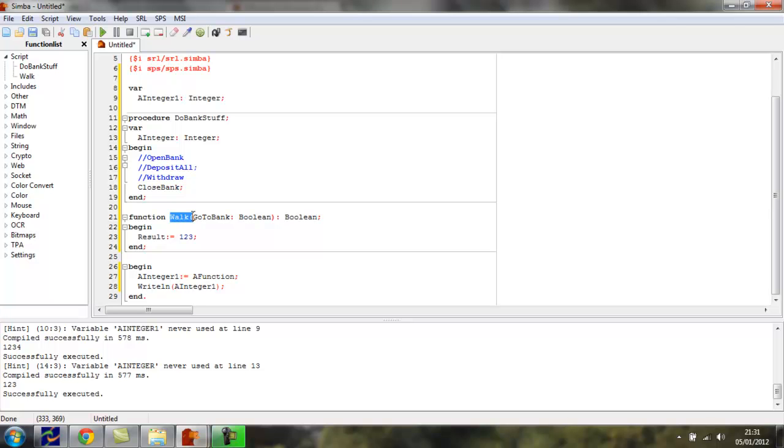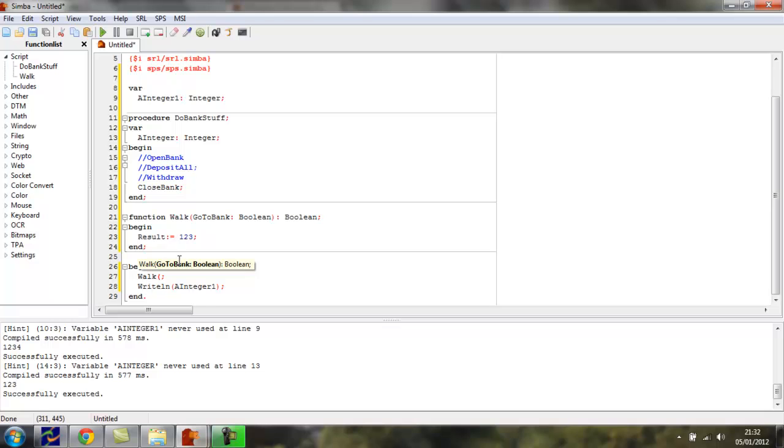Now when you call walk, you also need to include a boolean into it as well. So this will now no longer work because a integer 1 expects an integer, but we've changed the result to a boolean. So we need to get rid of that. And as you see, we've got a function, but it requires a boolean. So you can put an open bracket. Actually, we renamed it, didn't we? Walk. And you can do an open bracket,